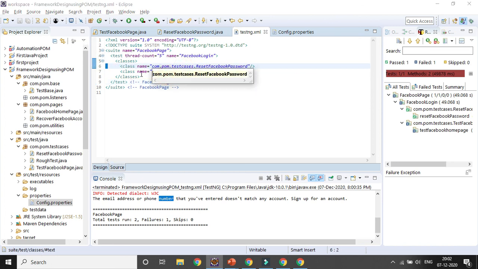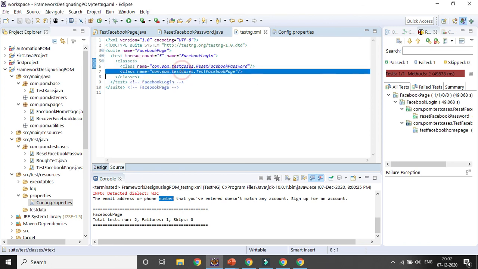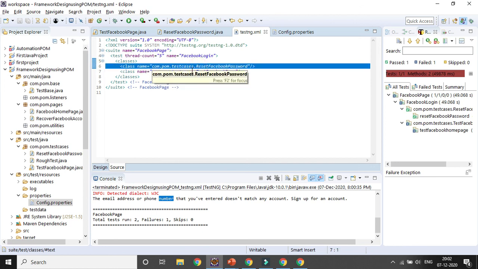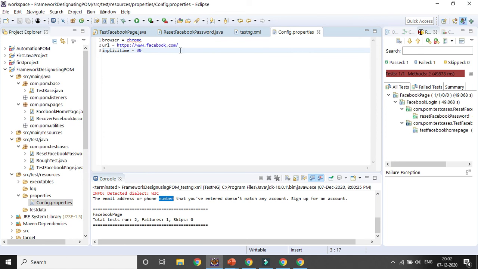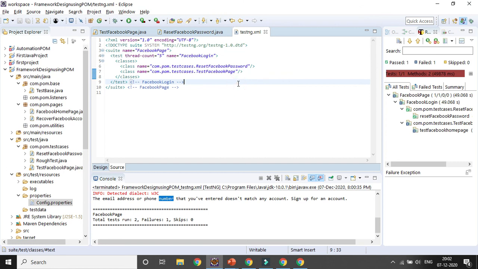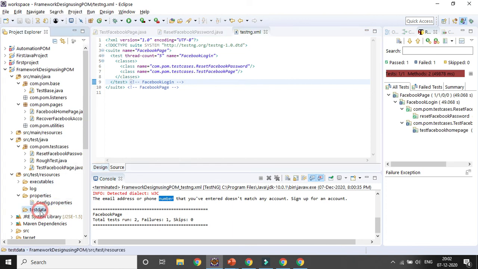If you have 10 classes and want to execute 2, you can give only 2 classes. If you want to execute all 10 test cases, you need to give all the class names. But whatever class has the @Test annotation, definitely those classes will be affected, otherwise not, right. And if you want to change something like the browser or implicit timeout, you can change it from the config properties file. Later in the coming sessions, I will include more details in the framework, like how to read data from an external source. We have created the test data folders, and I will cover how to create loggers and external reports.